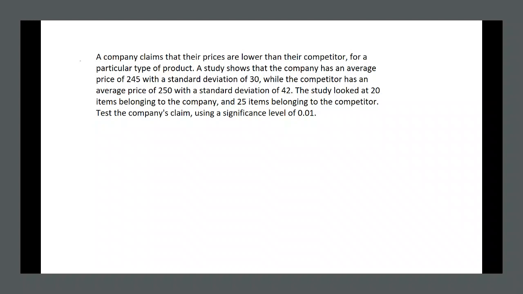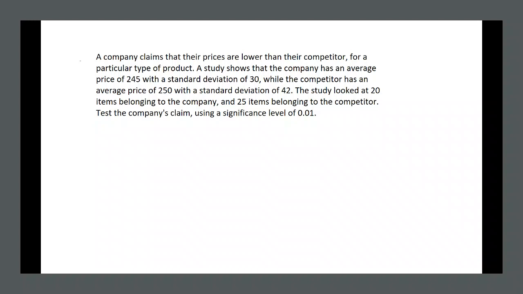So we have a company claiming that their prices are lower than their competitor for a particular type of product. A study shows that the company has an average price of $245 with a standard deviation of 30, while the competitor has an average price of $250 with a standard deviation of 42. And this study looked at 20 items belonging to the company and 25 items belonging to the competitor. Now we want to test the company's claim using a significance level of